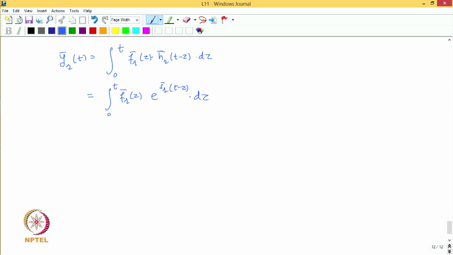And now we can substitute f r bar here, because we know that f r bar tau is nothing but the dot product of the rth eigenvector, that is phi bar r transpose times f bar tau, that is nothing but the f r bar, and therefore, the response in physical space we can obtain as